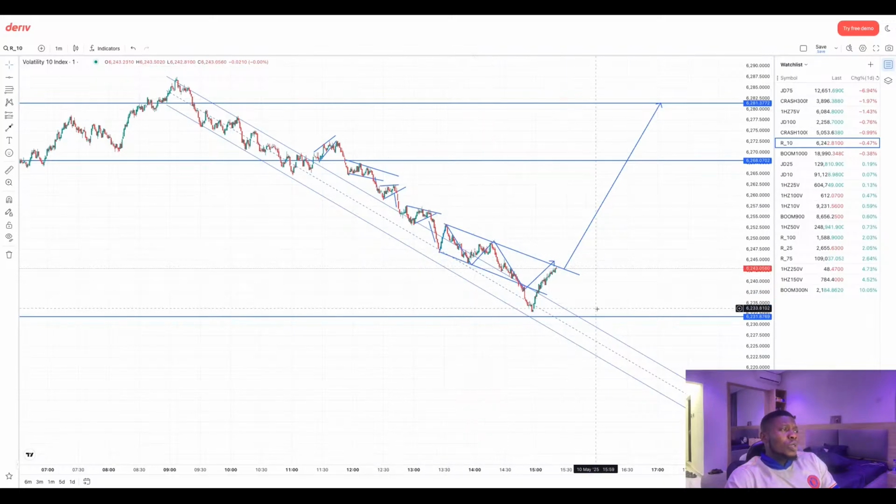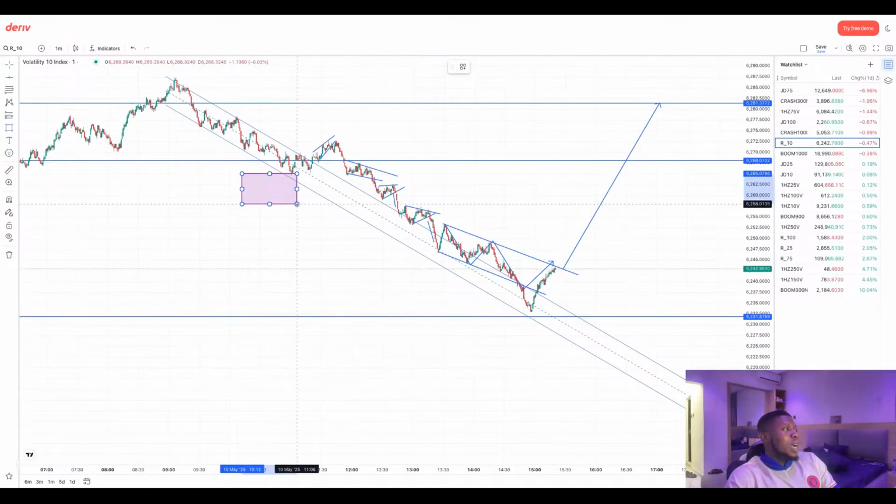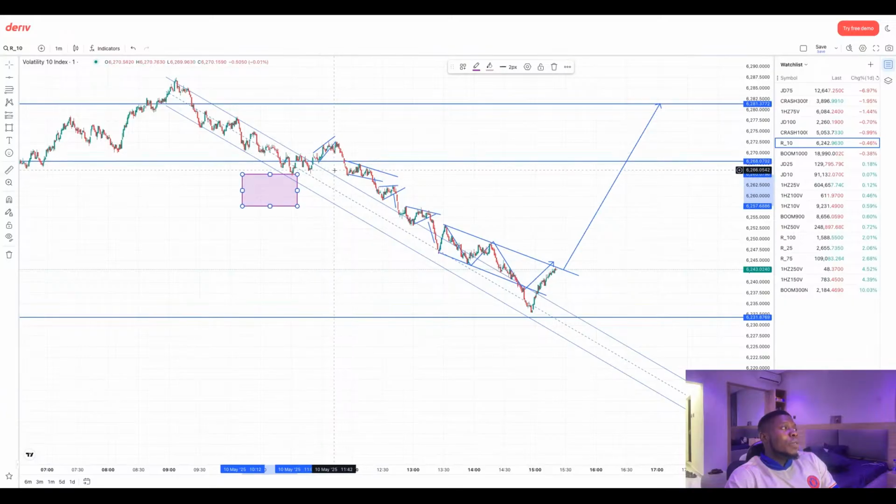So for you to spot the reversal, you need to know the previous patterns that formed, or sometimes a reversal pattern can actually form at a breakout of a trend, maybe at a breakout here or at a breakout here. It can form immediately at a breakout of a trend. That means the trend will reverse immediately. But if it didn't form at the breakout of a trend, when a trend breaks out, it can go down and start forming